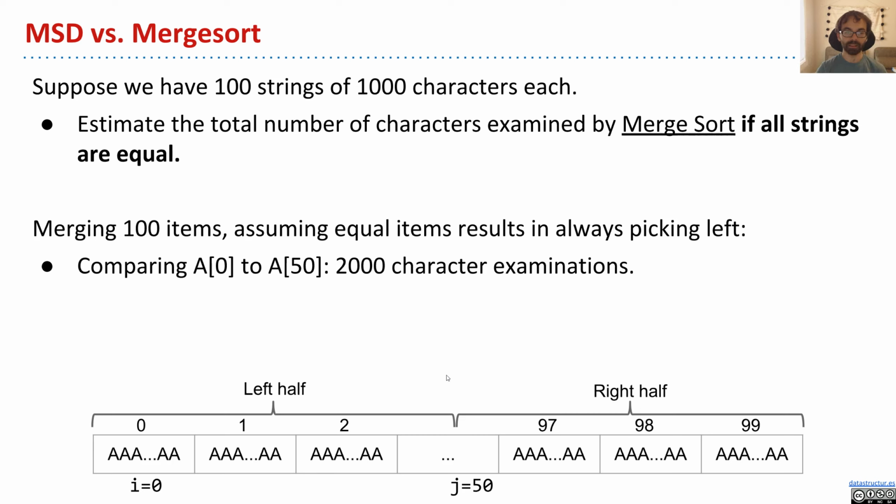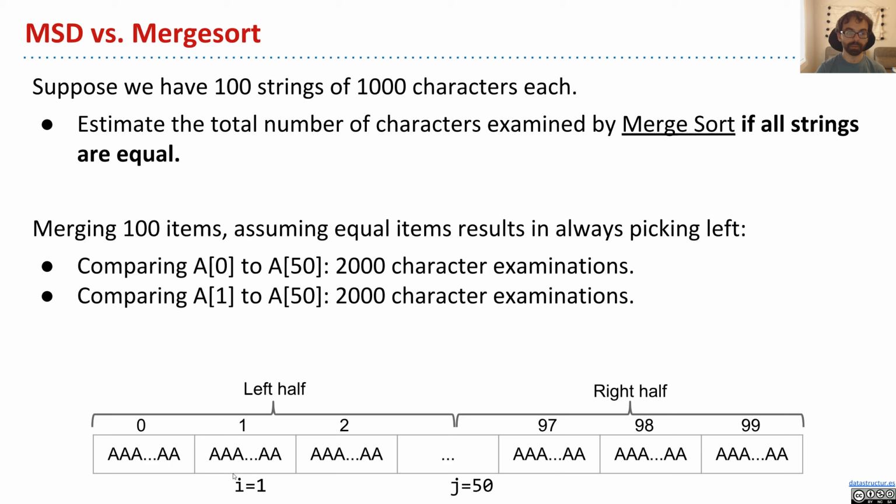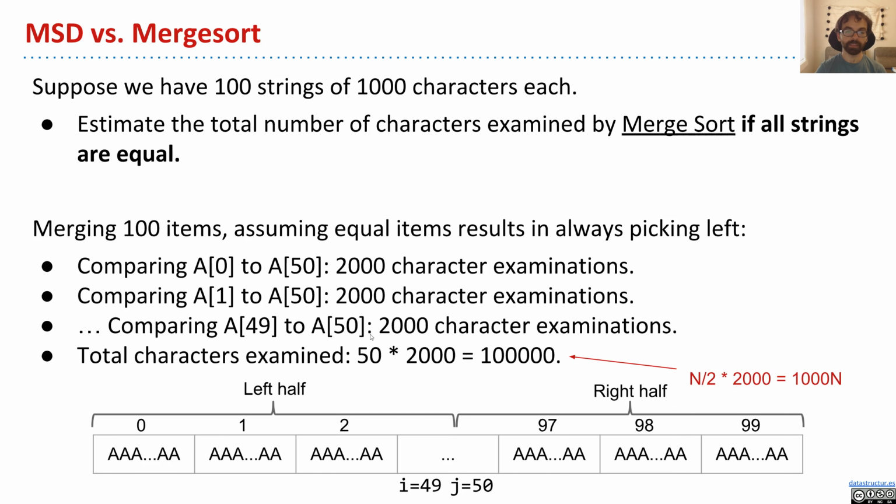So I spend 2,000 character examinations comparing 0 and 50, and that tells me, okay, this one is less than or equal to, so we'll copy it and advance this pointer. In order to compare i equals 1 to j equals 50, we do another 2,000 characters, and then another 2,000 characters, and so forth. We do that 50 times for a total of 100,000 characters examined in order to do